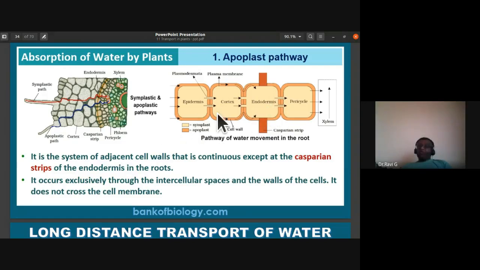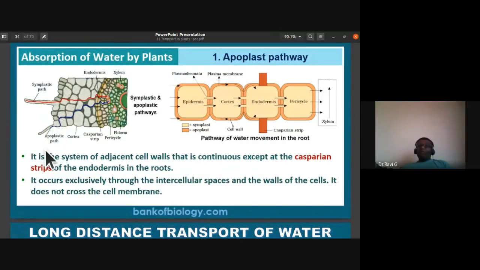In the apoplast pathway, the water has to reach this passage cell. It cannot flow through the other cells because they have Casparian thickenings, which are due to deposition of suberin. They are hydrophobic. They don't allow water to enter. So water is channelized to enter only through the passage cell. Immediately next to the passage cell, you find the xylem vessel placed. So that is also an advantage. There is a channelized flow of water through the passage cell.